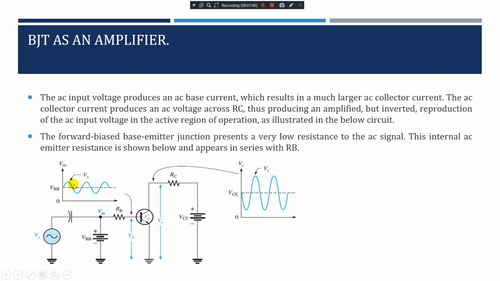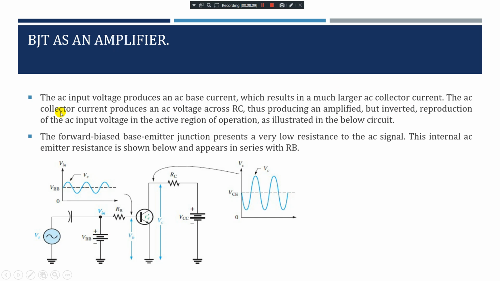So you can see the graphs here, the amplitude of the input voltage is less compared to the amplitude of the output voltage, that's nothing but VCE and VC. VC is nothing but the voltage across your collector to emitter. VBB is the input voltage, which is nothing but your voltage from your Vs and VBB. Okay,